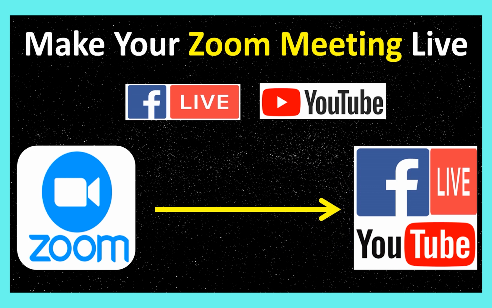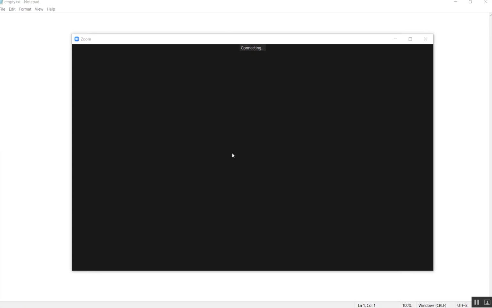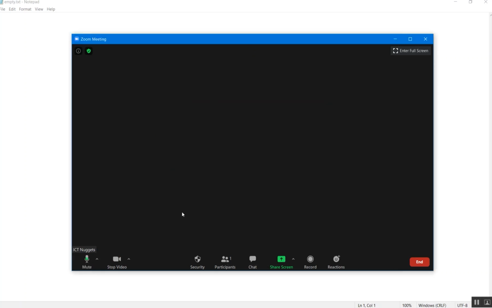First of all, let me show you that this is my Zoom client, or Zoom app, whatever you call it. Over here I can see that I'm currently logged in with my credentials, and this is the home screen of my Zoom client. Over here I can join a new meeting. If I click on New Meeting, I would be able to join a new meeting in which only I would be the participant. I just wanted to show you that currently I cannot see anything which allows me to live stream my meeting to Facebook or YouTube.